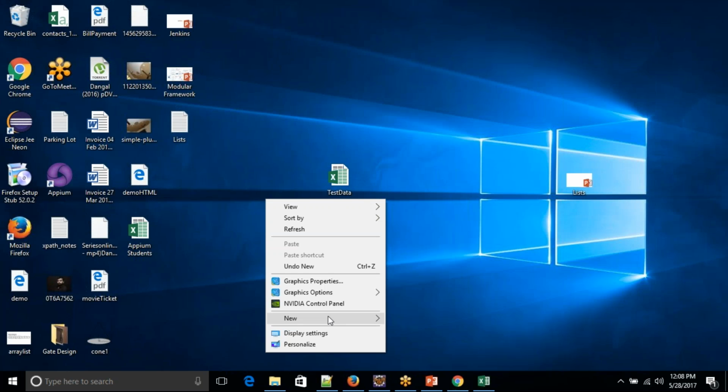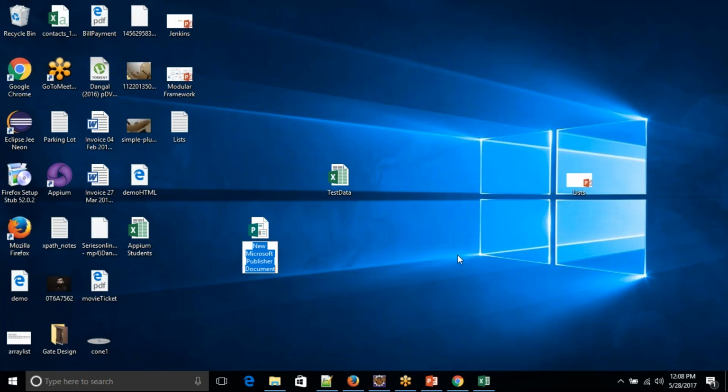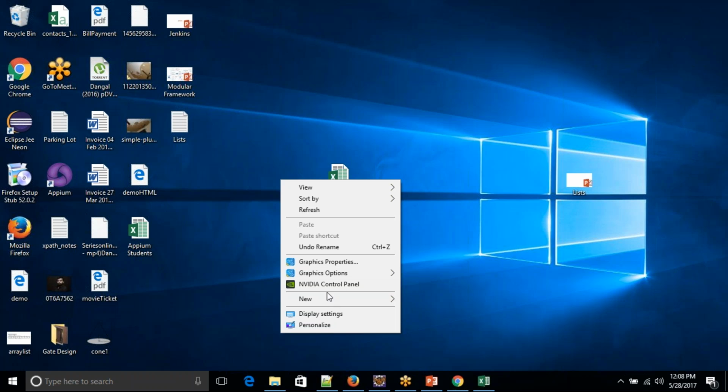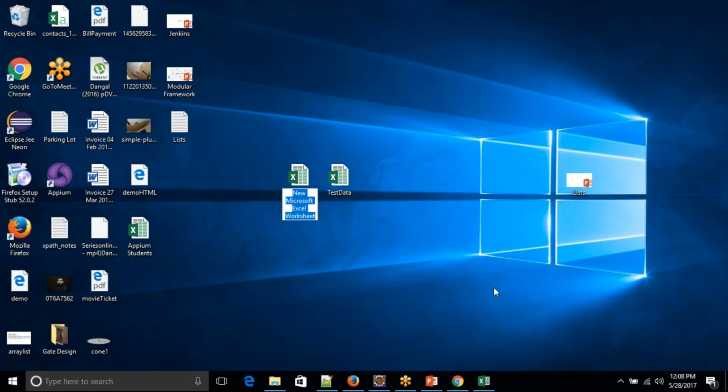Like if I create here a new sheet and I'll give it the same name, test data, and try to save it. Okay, it's a different thing which got created. I'll create a new Excel sheet. Okay, if I create a new Excel sheet and I give it the same name, test data, press enter,